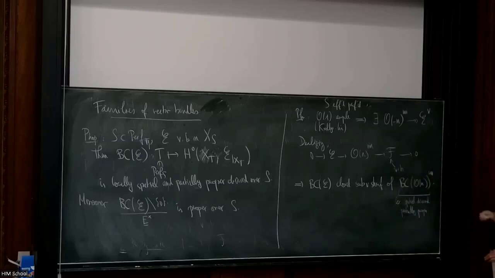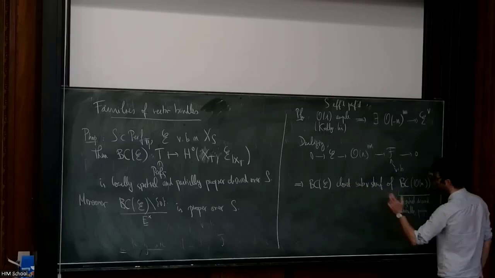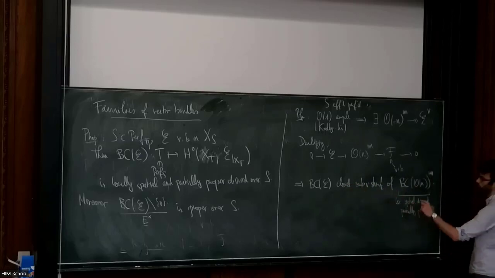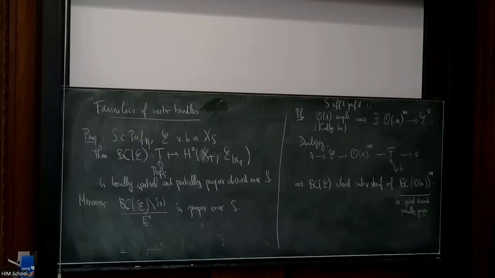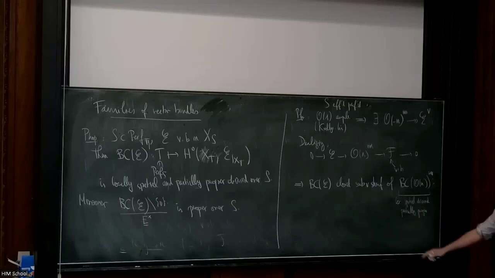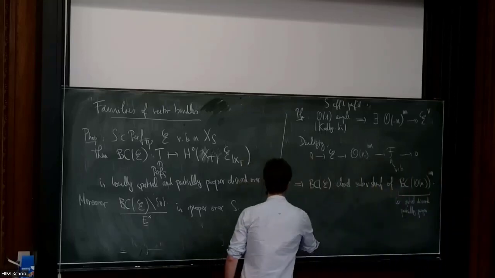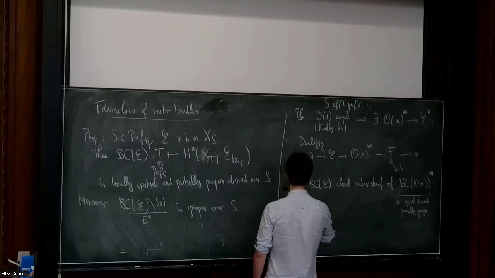And well, now, this nice property of diamonds, that a closed subsheaf of a locally spatial diamond is still a locally spatial diamond and partially proper as well. So that's about step one. Step two is more complicated. So for step two, I mean, for the second part,